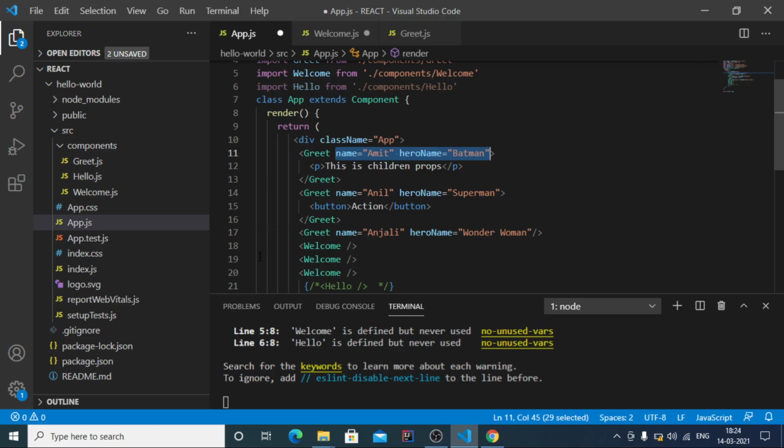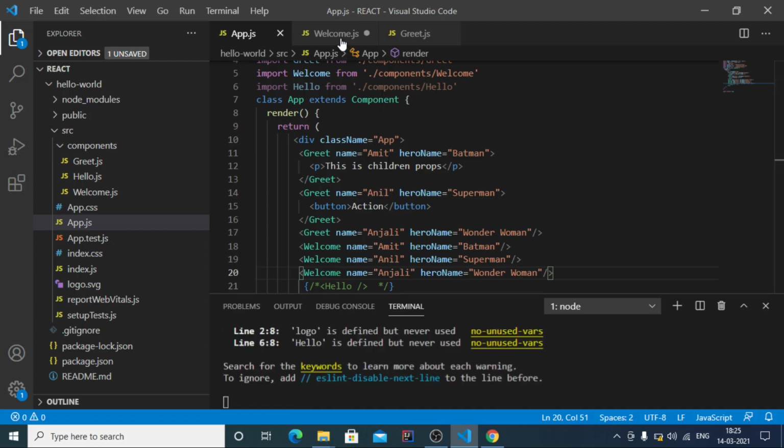So Control C here and Control V, Control V. Sorry, this will be Anil and Superman, and the third welcome will be for Anjali, and it will be Wonder Woman. So save this file.